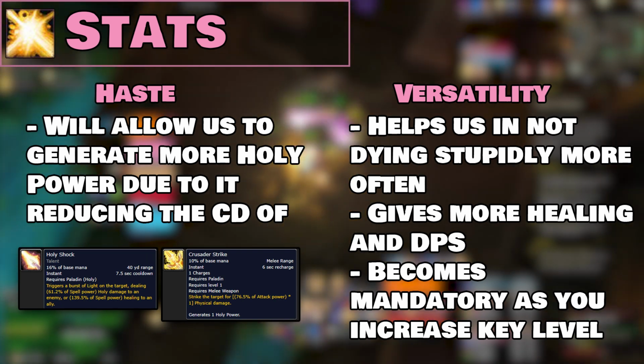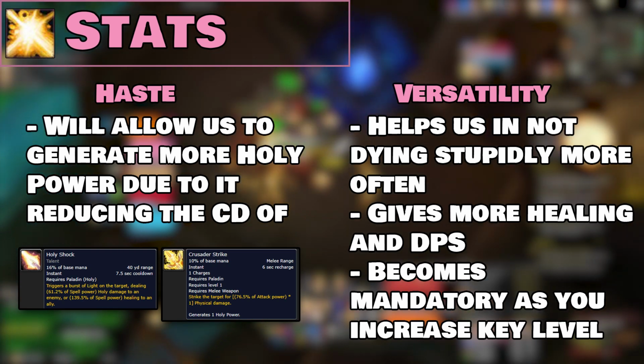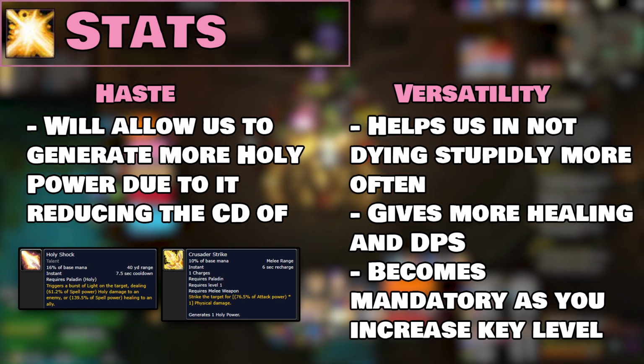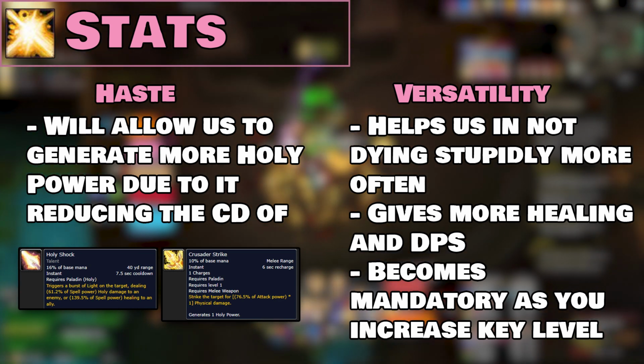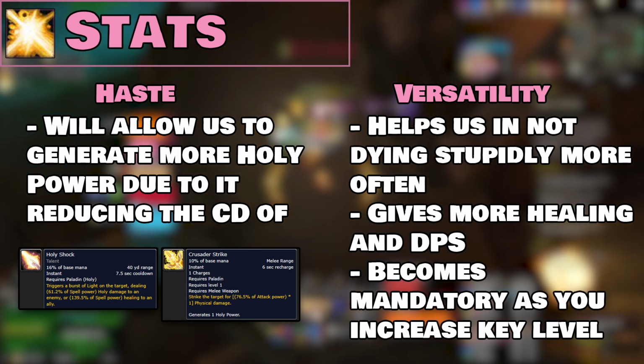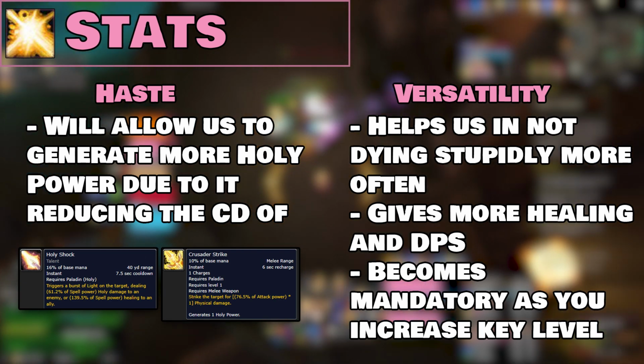With more holy power, your damage and healing output will also indirectly increase, so it's an overall win. Versatility is our second desired stat. This is to simply survive higher keys and not get one-shot in stupid ways. Combined with your plate armor, you're gonna feel like an absolute tank when hit by unavoidable damage or when you